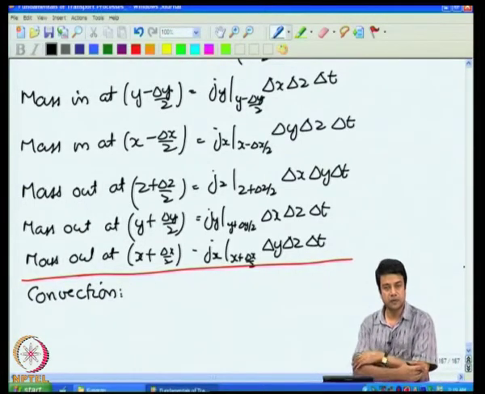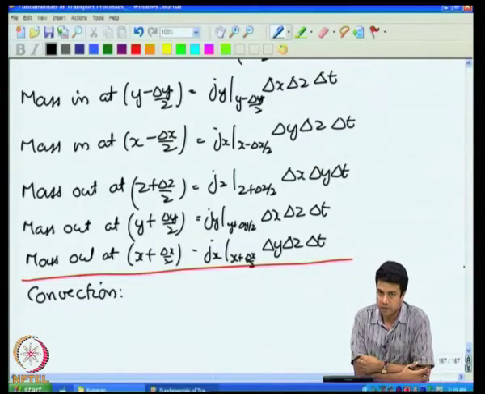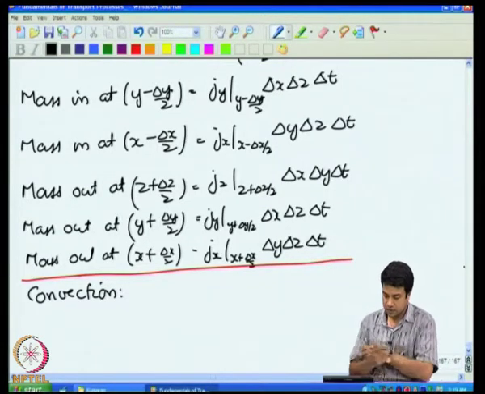The mass in due to convection is just equal to the concentration times the velocity. Concentration times the velocity is the mass coming in per unit area per unit time. Okay. So, concentration is mass per unit volume, velocity is distance travelled per unit time. So, concentration times velocity is the mass in per unit area per unit time. Okay. So, therefore, the mass in